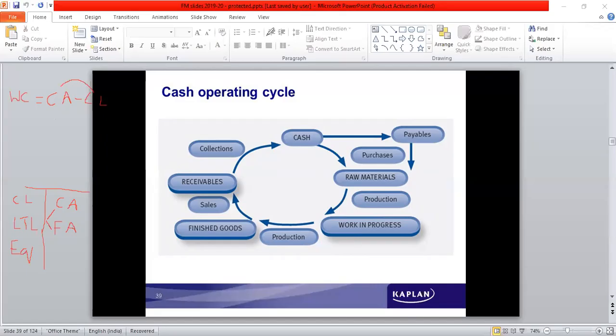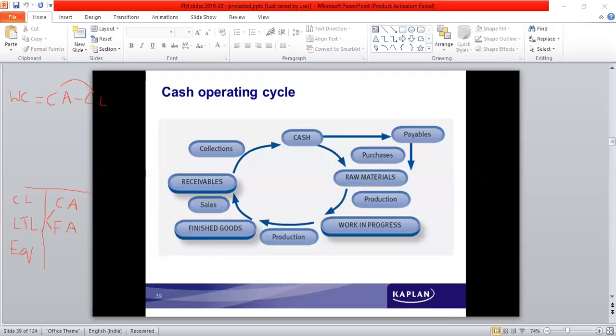So those assets which can be converted into cash in a period of 1 year or operating cycle, whichever is longer. Same is the case with current liabilities. The period is 1 year or operating cycle, whichever is longer. So depending on the criteria about the number of days where cash is held in stock, or the number of days when cash is held in receivables, these two things are to be added to understand the period of operating cycle.